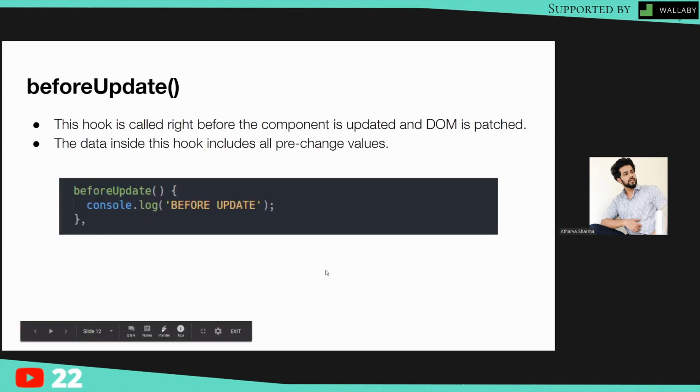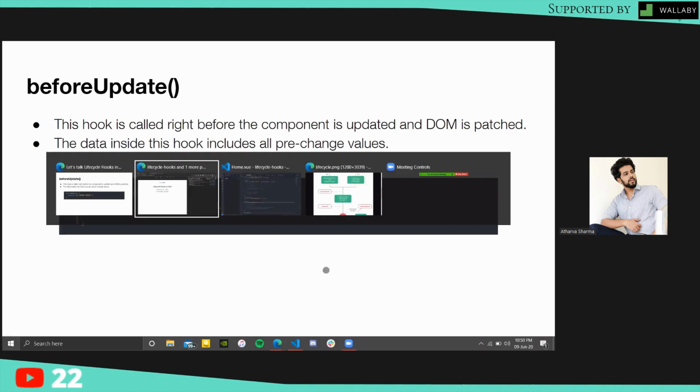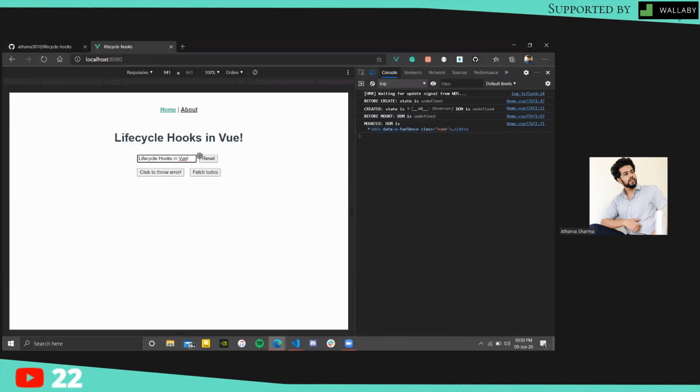beforeUpdate. Now this hook is called right before the component is updated and the DOM is patched. What does this mean? Whenever we are doing any kind of update, for instance, if I were to change the text inside this text box, just for reference, this is v-model. So it is two-way bound to the text that is being displayed here. Any changes that we make here will be updated and directly reflected.